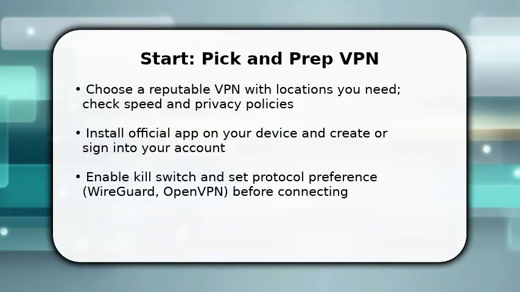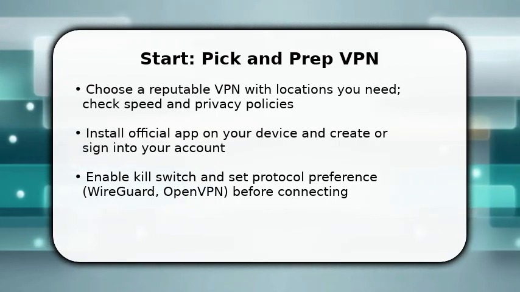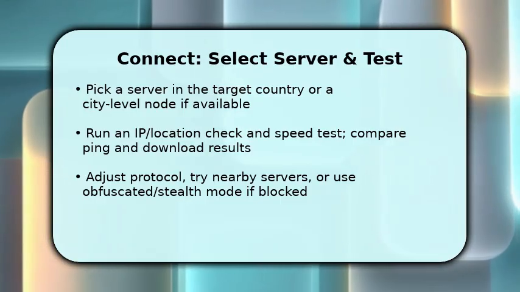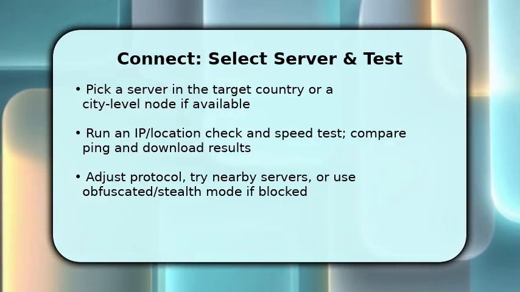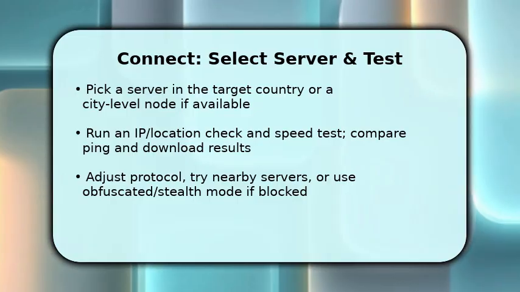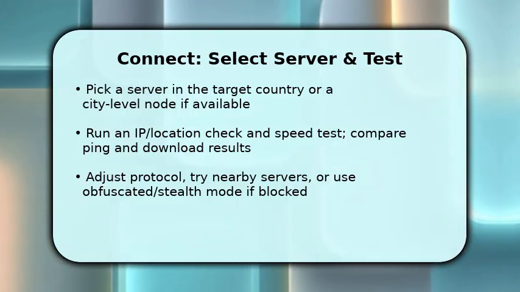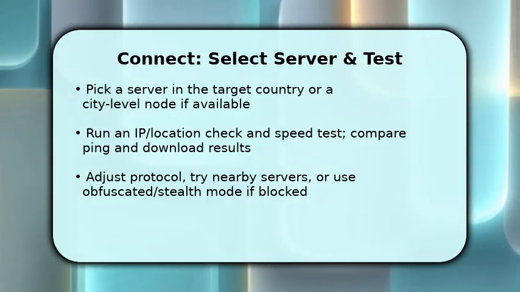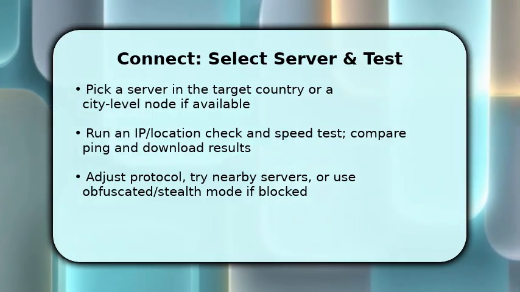Now move on to selecting a specific server and testing connectivity to ensure the basics are solid. You now pick a server in the target country or a specific city if the app offers it. Choosing a nearby node in that country reduces latency. Once connected, run an IP and location check to confirm your visible location, then perform a speed test to verify